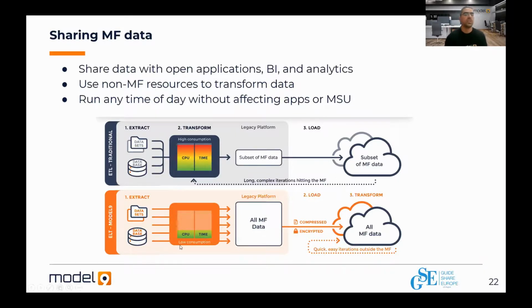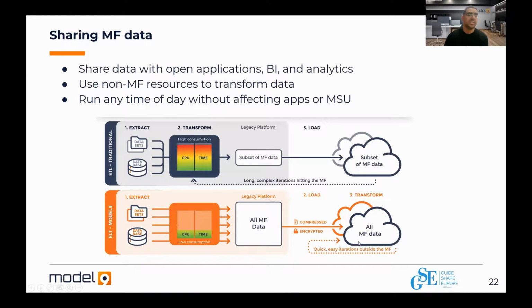Model 9 sees this process very differently. So first of all, we think there should not be any CPU waste on the mainframe side when pushing data outside of the mainframe. As I mentioned, everything can be zIP-eligible. So this allows you to push vast amounts of data in the raw mainframe format, without any processing on the data itself, outside of the mainframe.